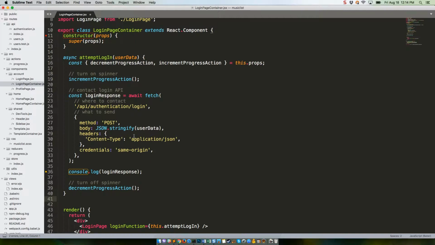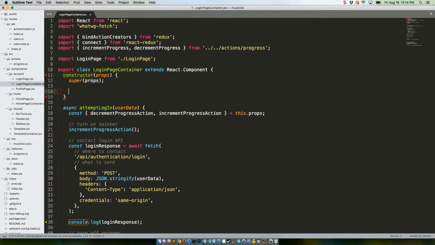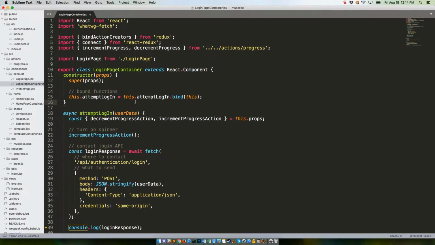Finally, you may notice that this method takes a user data parameter. We'll be providing that in loginpage.jsx. One last thing to do here. We need to bind this method so that it can use this correctly. We do that in the constructor block by adding a line after line 12, just for some padding, and then adding the following 2 lines. We should be good here. Save the file, and then open up